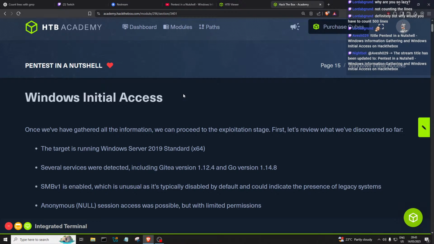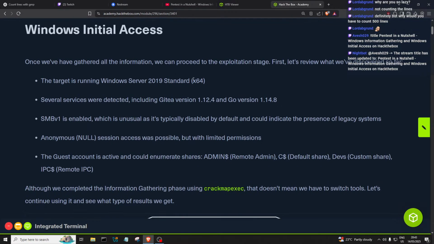So, once we've gathered all the information, we can proceed to the exploitation stage. First, let's review what we've discovered so far. The target is running Windows Server 2019. Several services were detected, including Git and this version of Go. SMBv1 is enabled, unusual,